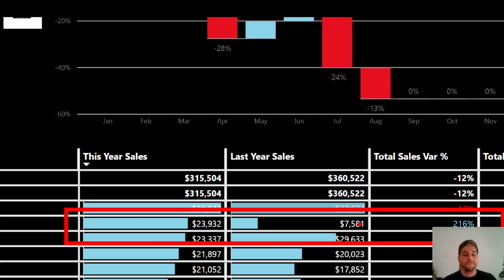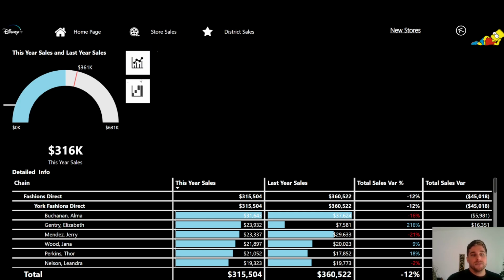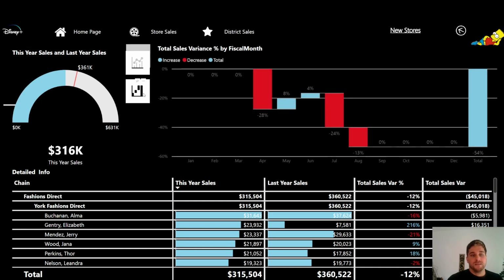That also directs our attention to the total sales variance. If the number is too high, the color gives this kind of experience, and then we could see, okay, this manager probably is doing well, and another manager needs some additional attention. And this kind of information is provided on demand.